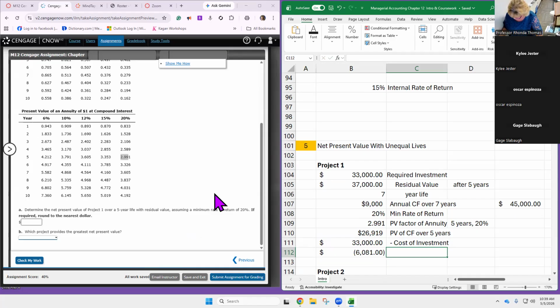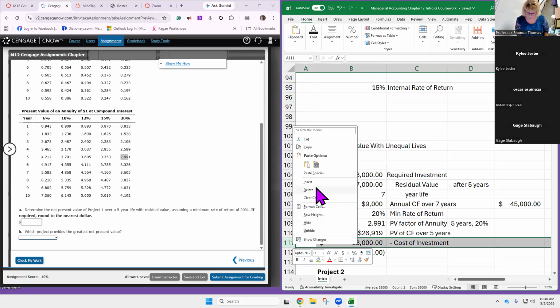Wanted to look and see. Okay, how this... I want to make sure I've got it. Okay, 5 years. Present value at the end of 5 years. Total present value of project 1. Okay, so before we get to the cost, we have to do the cash flow. And we've got one more piece in here that we need to get.